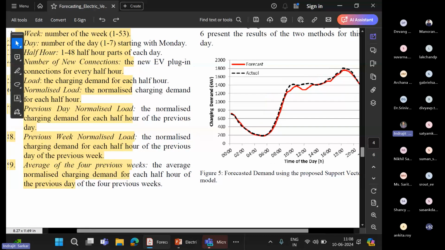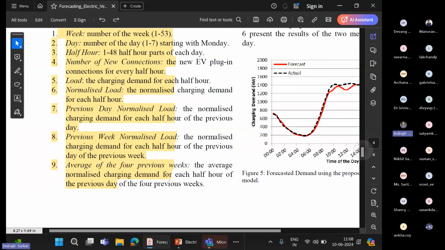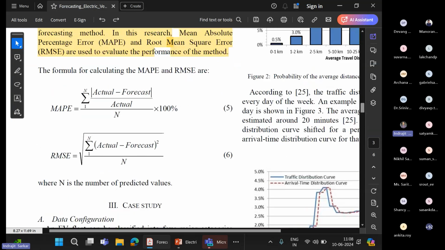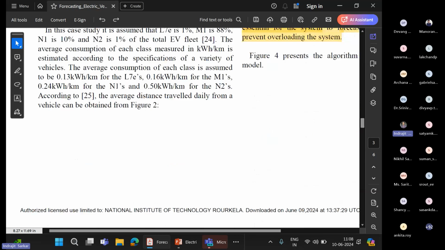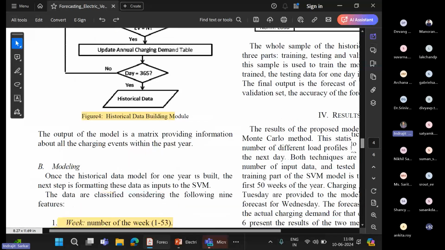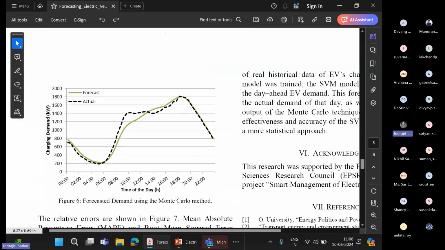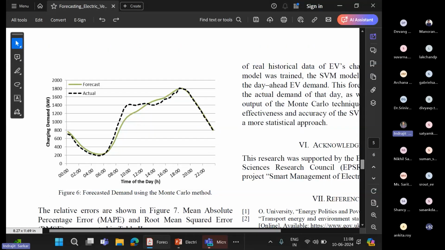They have calculated some errors, and two errors they have considered here. One is mean absolute percentage error, and root mean square error. These errors they have considered, and how much error they have, that I will show you. So this is how the prediction is done for charging demand, and then they have compared it with